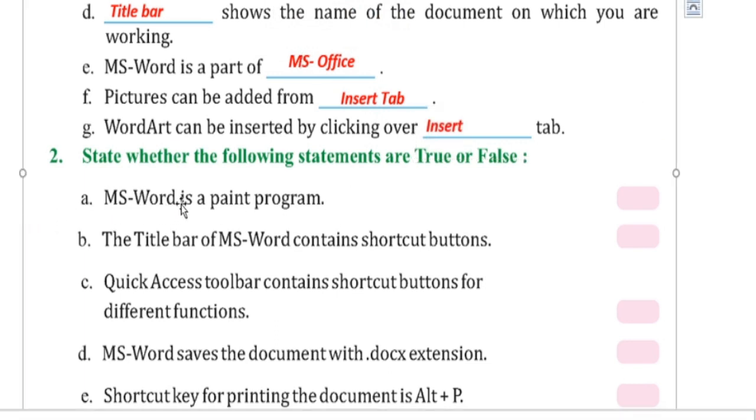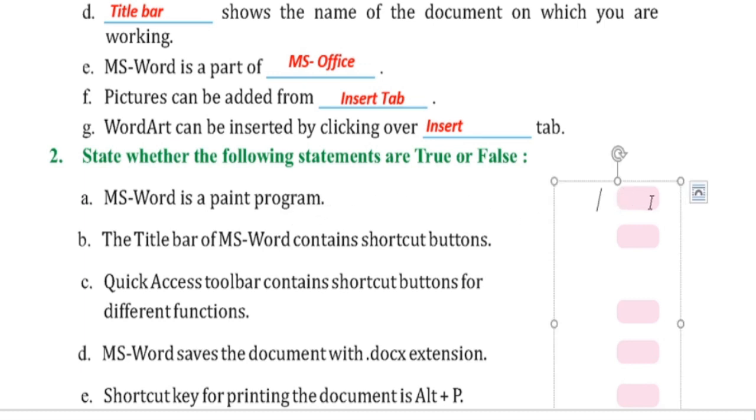Now MS Word is a paint program. It is a true or false? Yes, it is a false. The title bar of MS Word contains shortcut buttons.